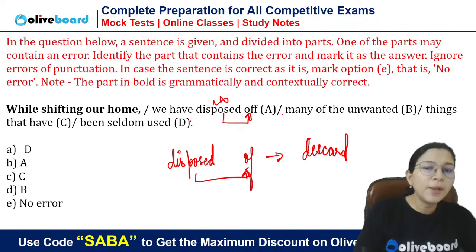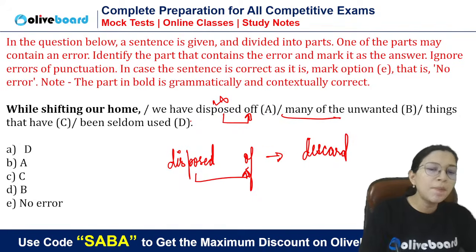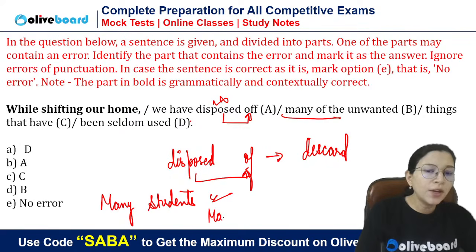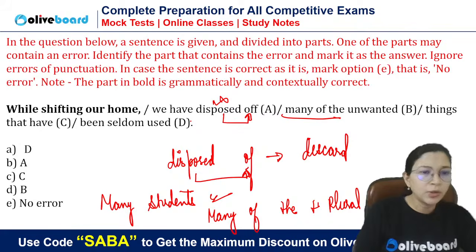Achha, many people say that "many of the" is wrong. You can say "many students" is also correct. "Many of the students" is also correct, right? So many people say that "many of that" does not sound good. You have nothing to do with the sound. So "many of the" is also right, plural noun, and "many" is also followed by plural noun. Okay. So it is absolutely right.